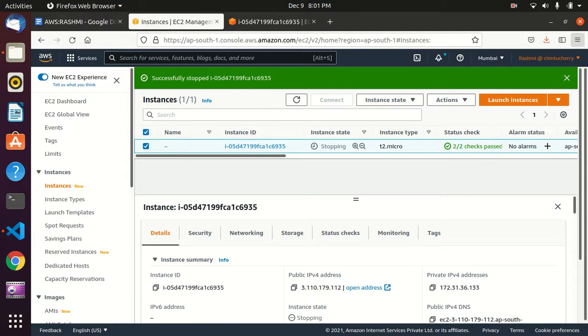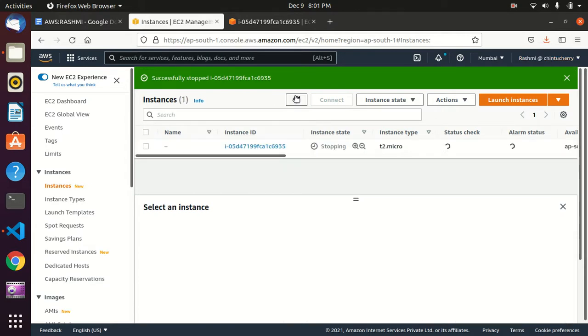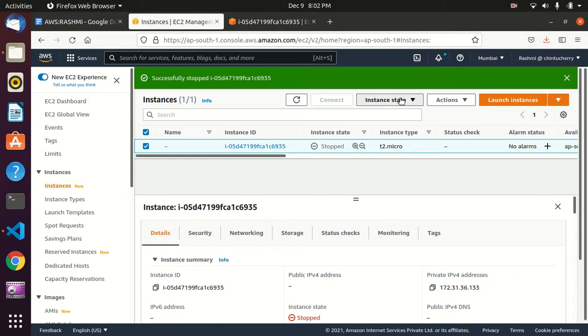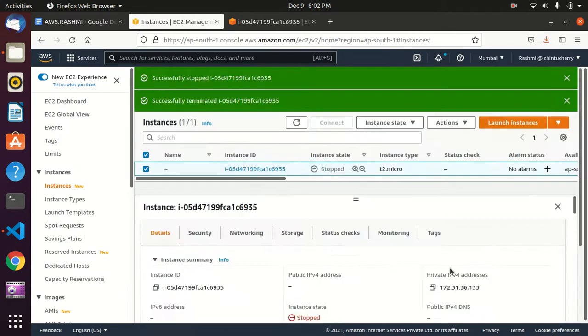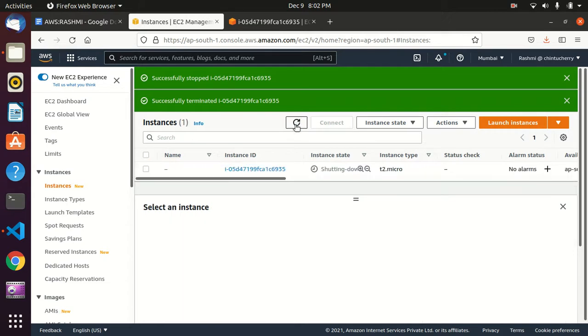Just refresh it. It is stopped, but it takes time for the instance state to show stopped. Now we got stopped, and if we check the instance state, we can terminate the instance. Terminate it. See, we got it successfully terminated, and then it will get deleted.